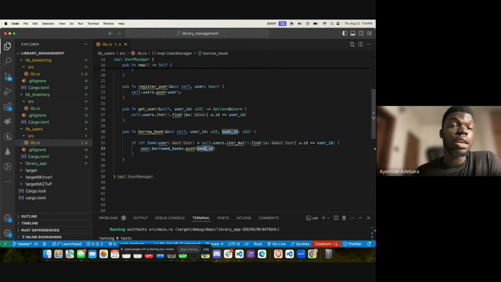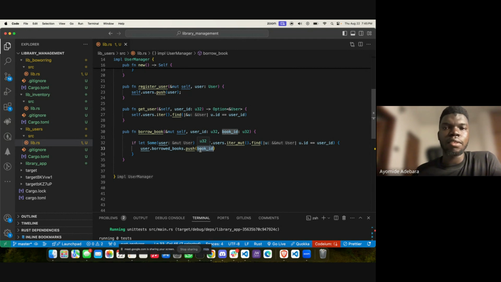But remember, we are not yet done. And so obviously, there should be a threshold to how many books a person can borrow, right? All of that is what we are definitely going to be implementing as we proceed. But for now,